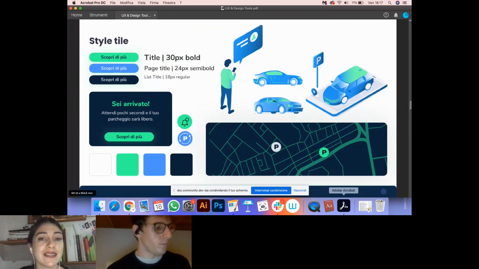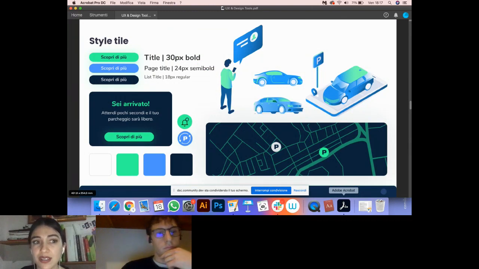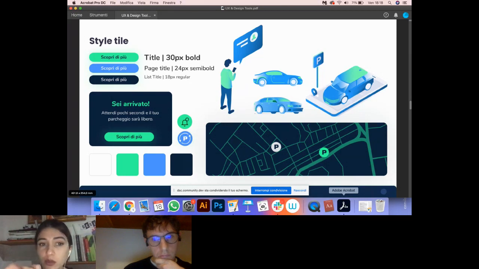We define a style tile. This is an example of a style tile. So we have primary colors like green, blue, and night blue. The font with the size of the fonts.